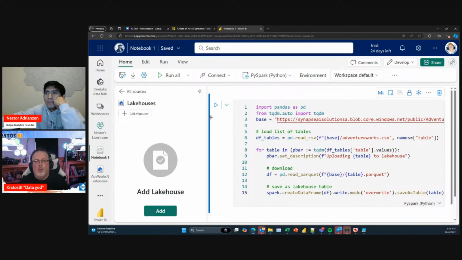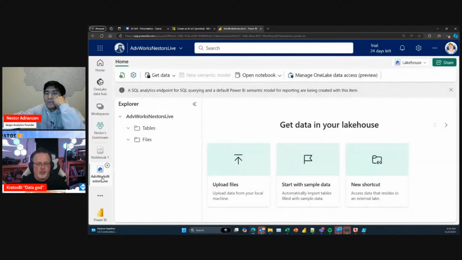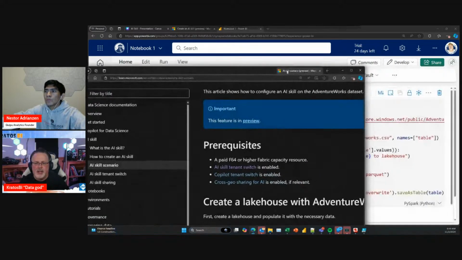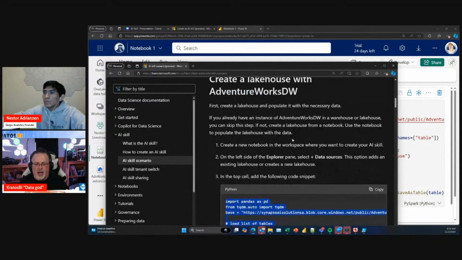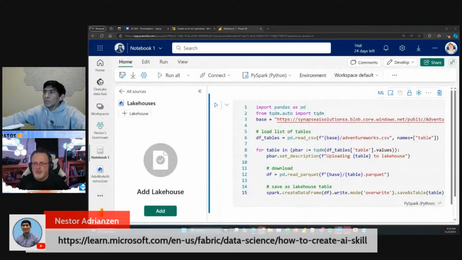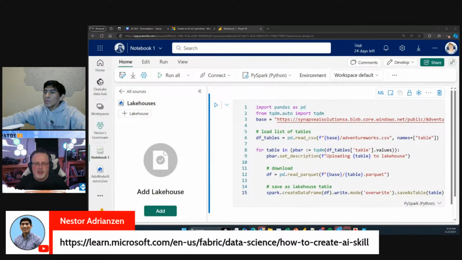Okay. Got it. I skipped over that. So once I have my notebook created and I've made sure that my AdventureWorks is live, so my Lakehouse is available, I'm going to go in and, again, use all of the code that was out on the Learn site. You're seeing me copy-paste code. This is nothing secret. I'm going to be adding this into a notebook, and for any notebook to run, it needs to be attached to a Lakehouse that it's going to be working against.